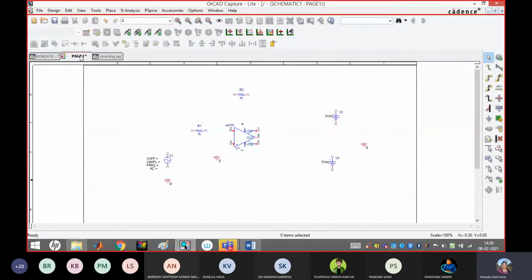Then we need the wires. So wires are available here. Place wire. Now I am going to connect. Once you see it, you will be acquainted with this. Don't worry. I am ready to tell you one by one also. There is nothing difficult. This is the first lab. That's why it seems to be like that.